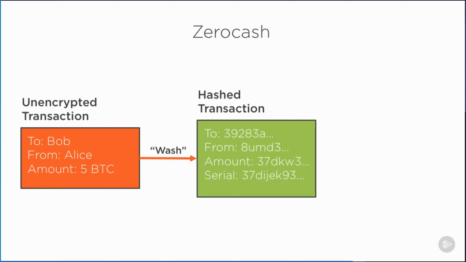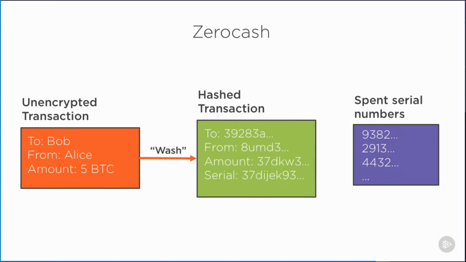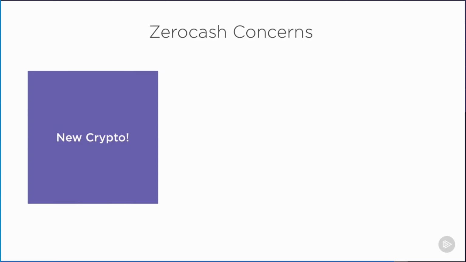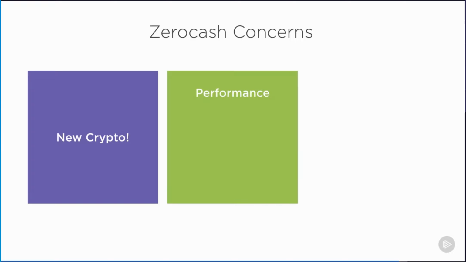Zero coins can be sent and received in new transactions, the validity of which is proved using zero-knowledge proofs. Every time a zero coin is spent, its unique serial number is revealed and added to a public list to prevent double spending. While zero-knowledge proofs may appear to be a panacea to privacy concerns, it is based on very new cryptography. The zero-knowledge proofs in Zero Cash also require substantial computation to create, up to 20 seconds on a